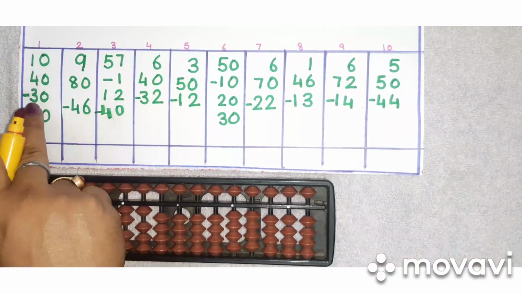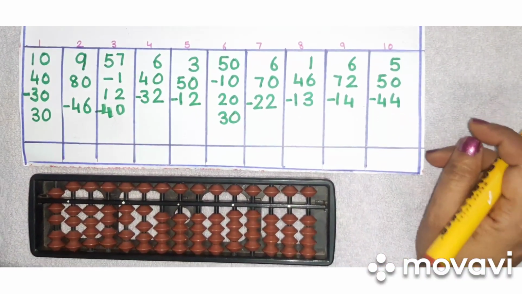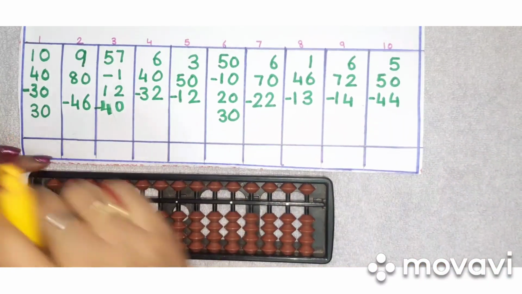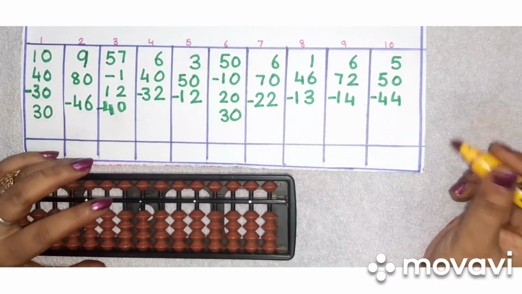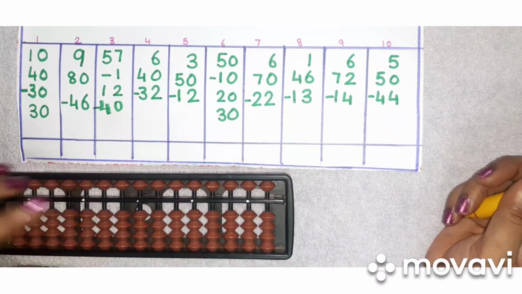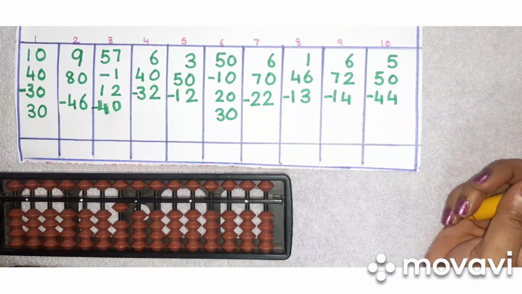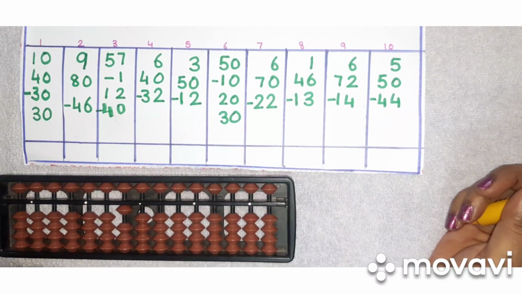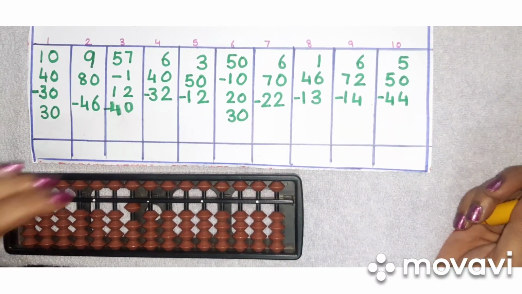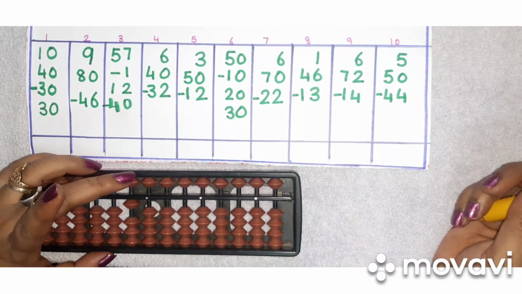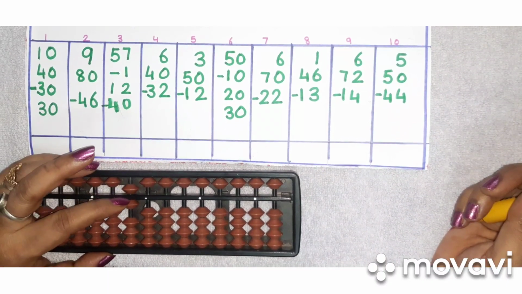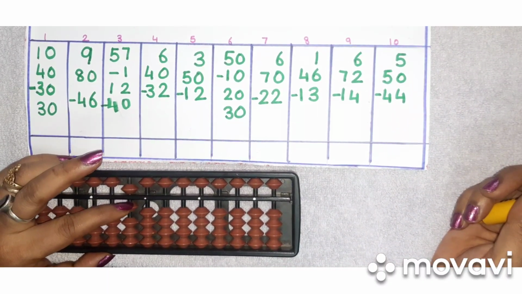Now same way we are going to see with the tens rod. So children, now again let's begin with the tens rod. For tens rod we are going to use our butterfly finger. Now it is 10. So with the first butterfly 10. Now 40. Can we add 40? No. So we are going to do with the help of small friends. So add your boss 50 and 40's friend is 10. So we are going to less 10.